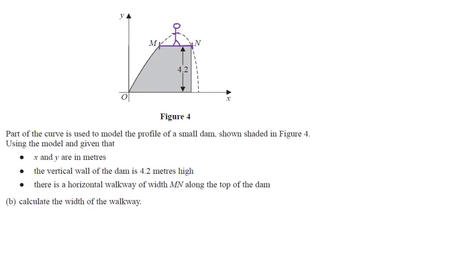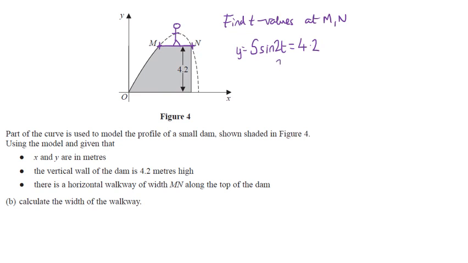Well, what we need to do is we've got that the y value at M and N is 4.2. So we need to find the t values at M and N. And then ultimately we'll use those to find the x values at M and N. So the y equation was 5 sine 2t. And we now know that that's equal to 4.2. So if we solve that,